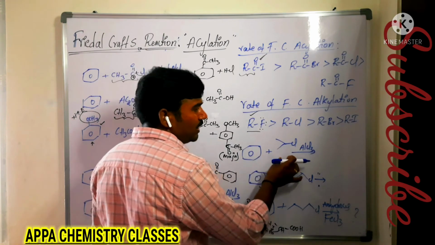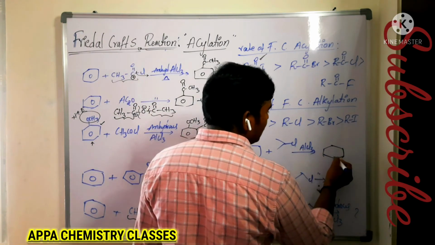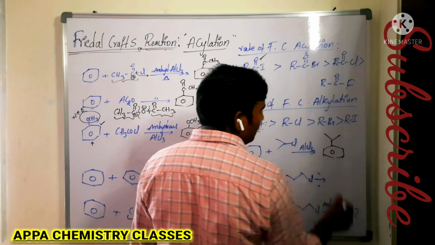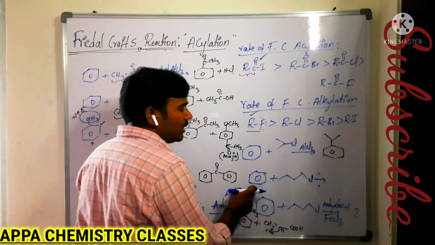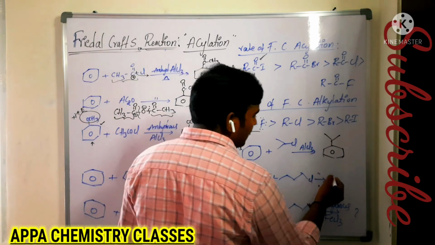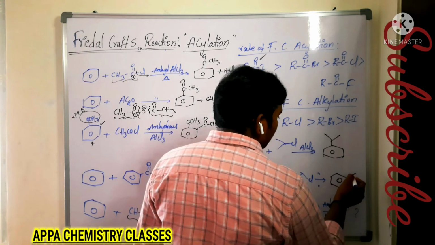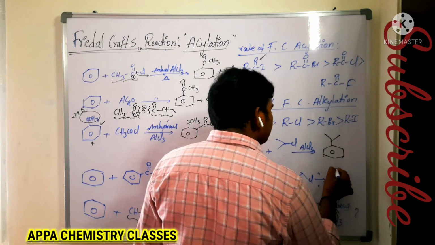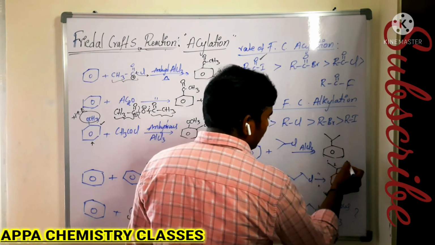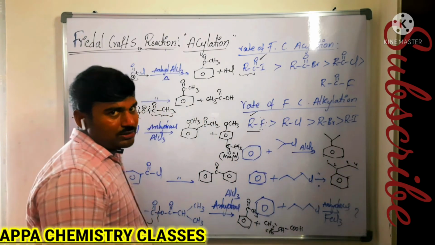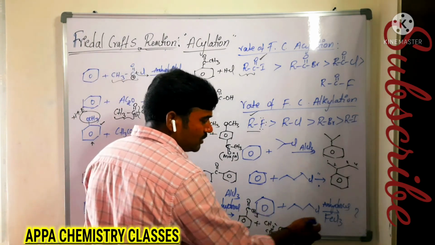Now when this benzene reacts with isopropyl chloride in the presence of anhydrous aluminium chloride, what happens? We are getting cumene, that is isopropyl benzene. Next, in this case, in the presence of anhydrous aluminium chloride, we are going to get 1 2 3 4, 2-phenyl butane. Next, in this case, what happens? You write.